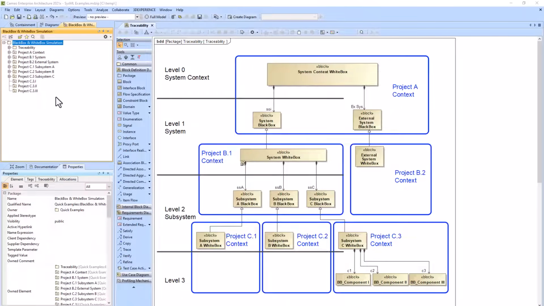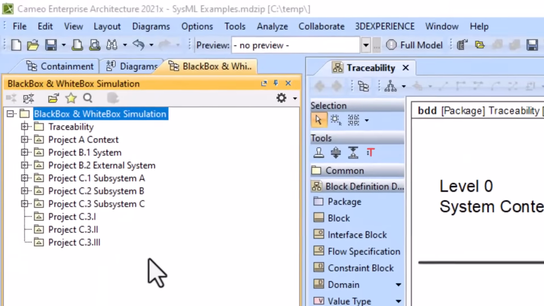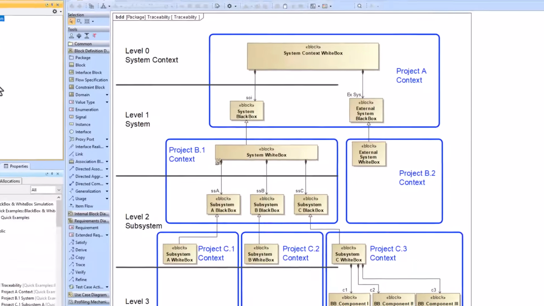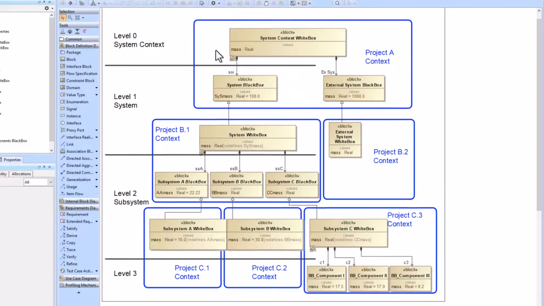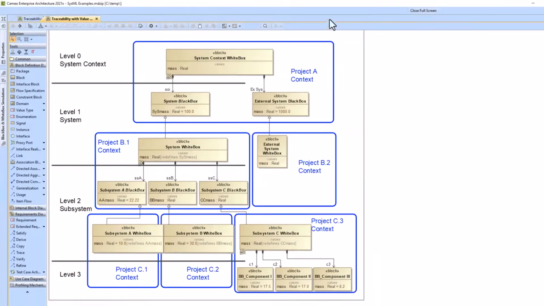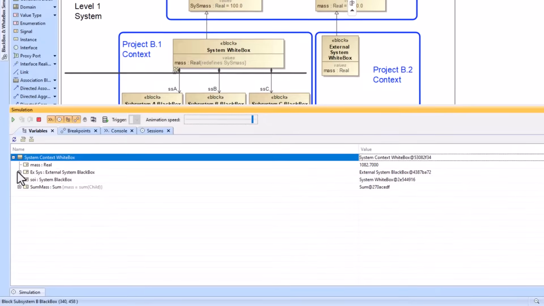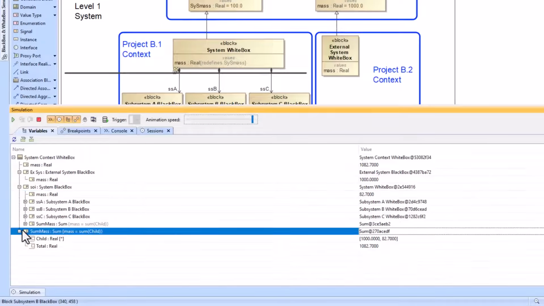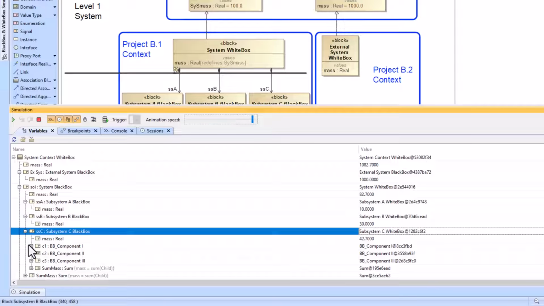In this example, we will be explaining how to run multiple levels of projects at one time in simulation and how to get multiple levels of BlackBox, WhiteBox, terminology, and blocks all to work and play together in simulation. So our teaser here is that we can run this top level box in simulation and it will be able to add up all the mass values of all the subsystems and the components beneath them